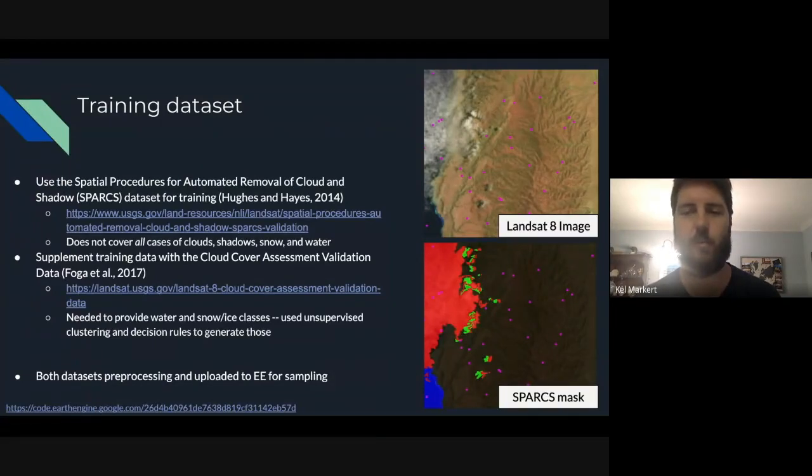When you look at the data set, they don't cover a lot of very, very thin clouds. So we supplemented this data set with the cloud cover assessment validation data that was used to help with the CFMask. To make this data set homogeneous with the SPARCS data set, we needed to provide some water and snow ice classes, so we just used an unsupervised clustering algorithm to generate those. That way we have these labeled data sets that have clouds, cloud shadows, water, snow, ice, and clear